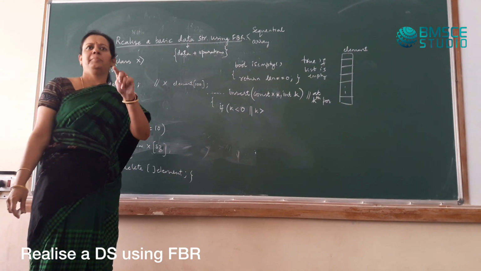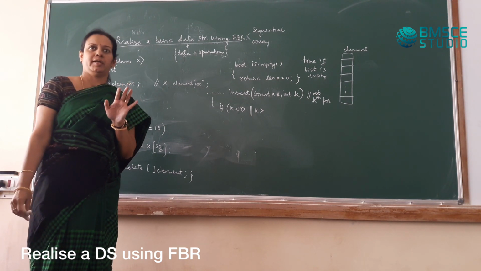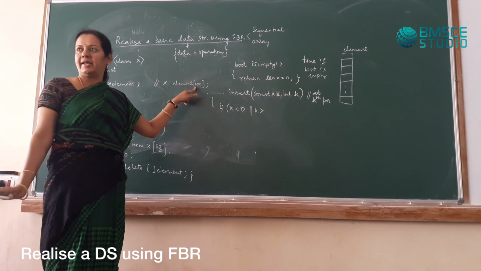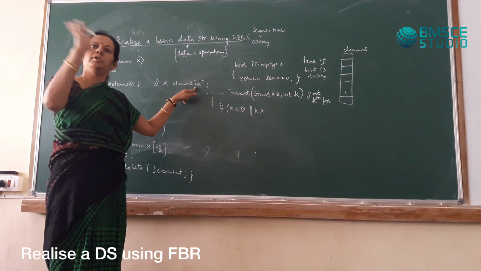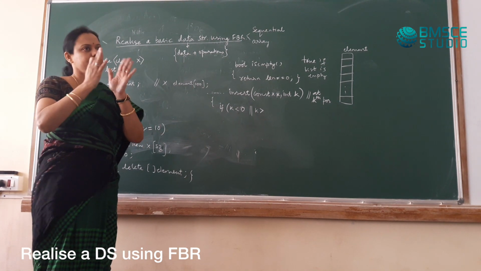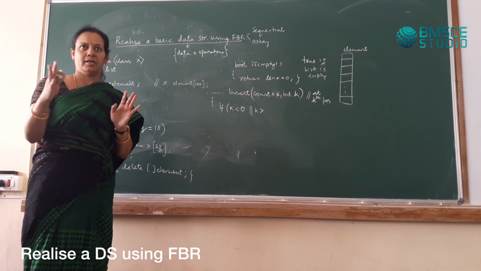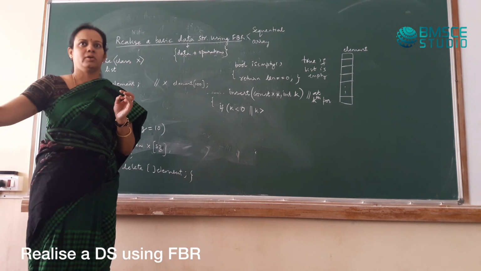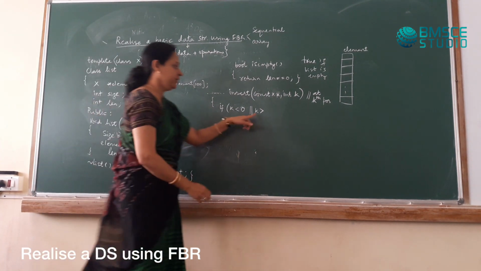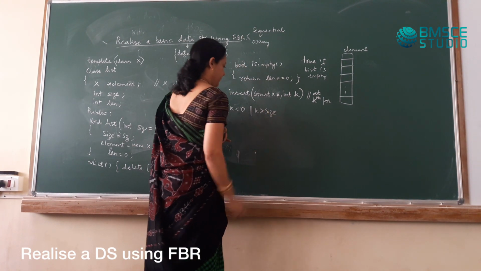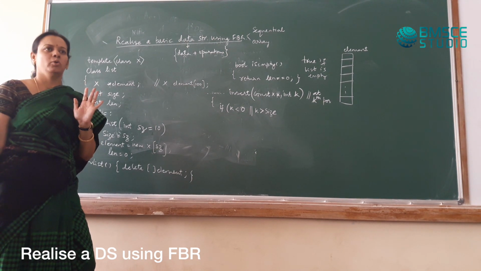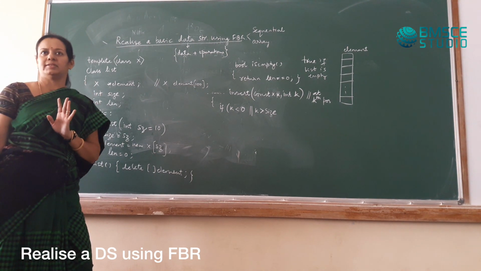If I want to put some data in some position, I should be able to do it. I have asked so much memory and it is set aside for me. I should be able to store wherever I want to store. If I buy a book, I should be able to write wherever I want to write. Only thing is I cannot write in my neighbor's book. That's all we have to check. Okay? So what will we write here? No. Size. Because we will not expect too much from the user. For the user it is 1 to size.